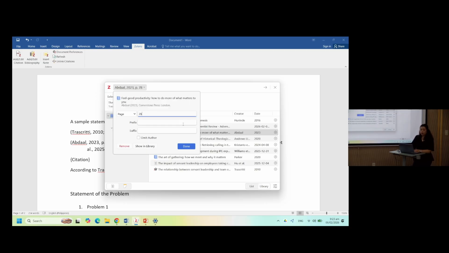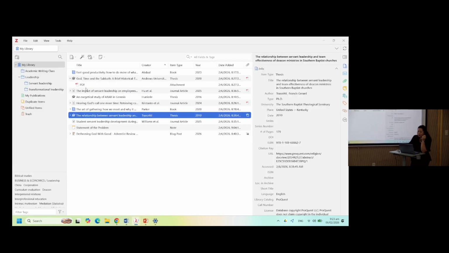I have to do it manually. Of course, Zotero will not know what you want. No, that doesn't work that way. You can do it automatically if you mean this one.